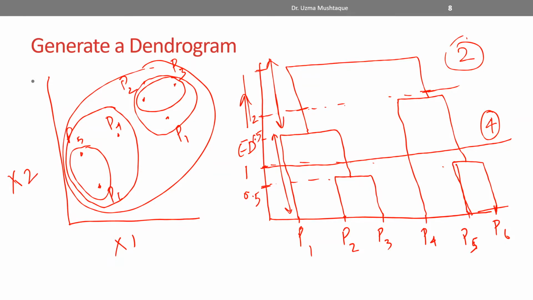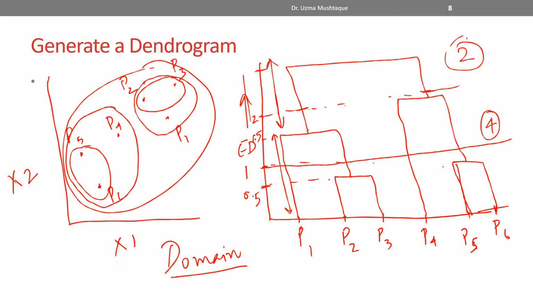So basically we are looking at a relative value. For example, if we decide dissimilarity to be 1.5, then we'll have a different number of clusters. If we decide a dissimilarity to be 2, we'll have a different number of clusters, and so on. And it depends on the domain that you're working in, right? What is the problem? You'd better understand your problem, and based on that, you make this decision.